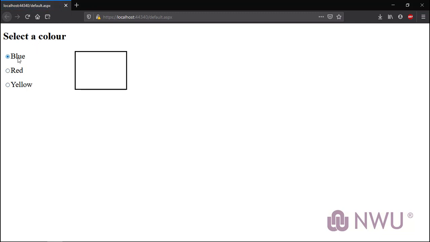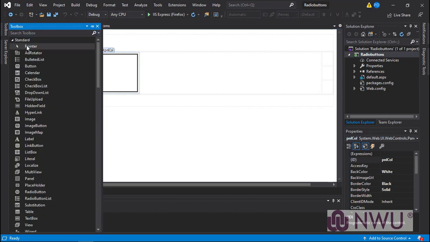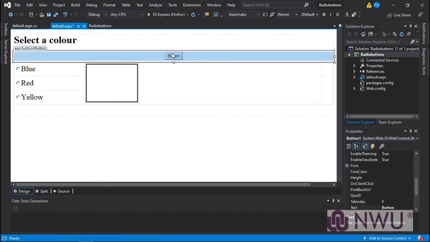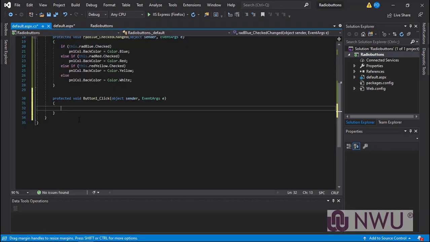Okay, so it's not doing what we wanted. That is because of the post back to the server. Radio buttons do not automatically post back to the server. When we post back to the server, we essentially refresh the page, but it's not quite refreshing the page, it's just fetching data. I'm going to show you with an example. If I add a button to my page, and I'm not going to put any code in my button, I'm going to create a method, but there's no code in the method, and I run the website again,